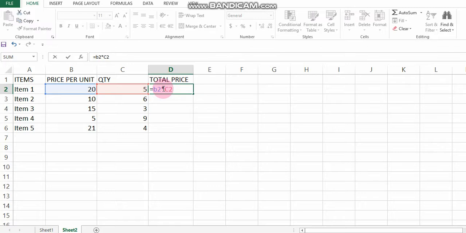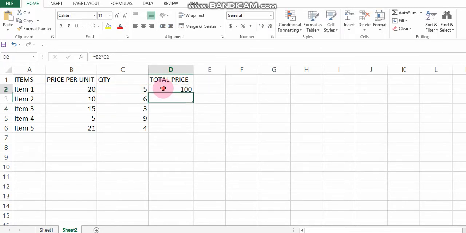So like this, when you press enter, it will give you the result as a multiplication. As I've told you, you can drag it down from this right corner, so it will copy the formula as I have taught you in relative reference.